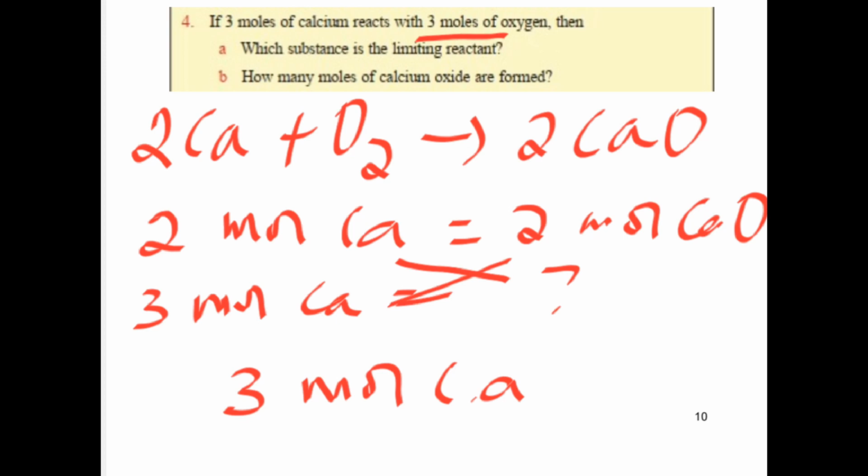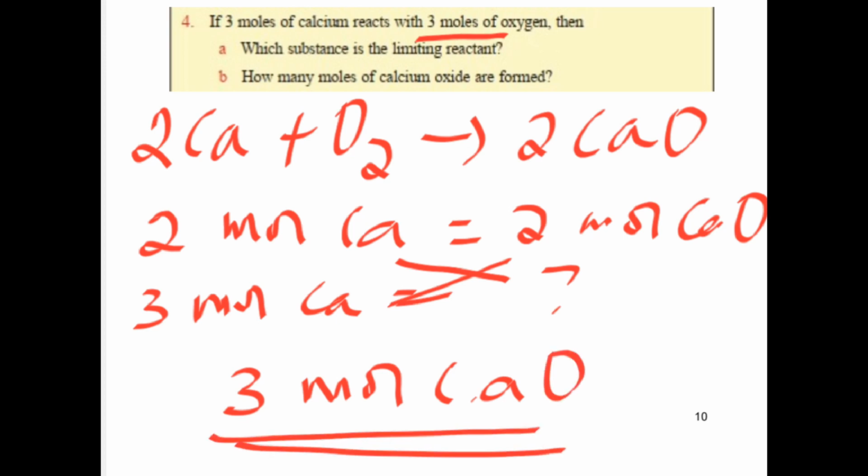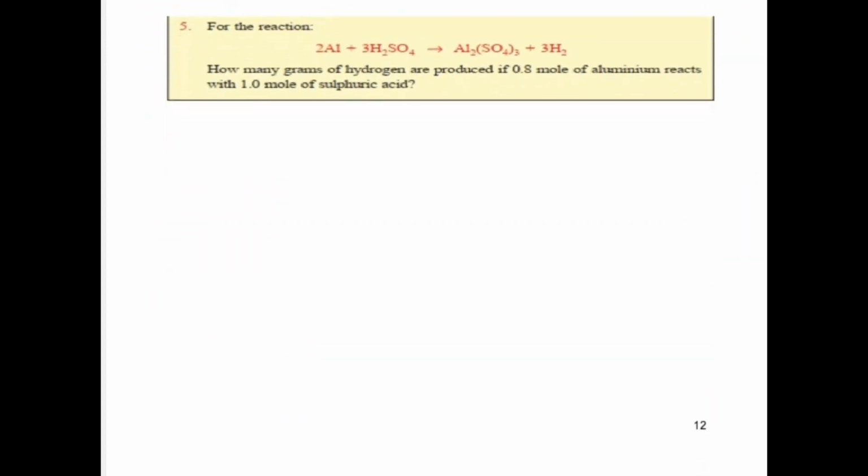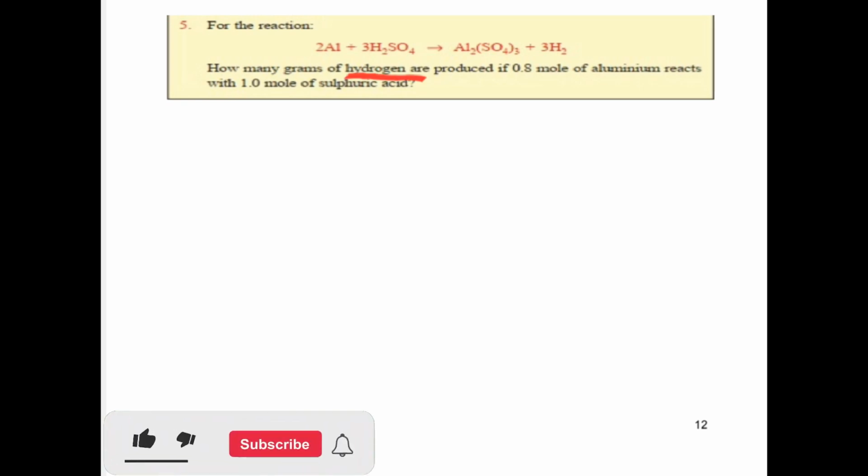Question number 5. For the reaction given below, how many grams of hydrogen are produced if 0.8 mole of aluminum reacts with 1 mole of sulfuric acid? So that ነገር ከተሰጠን limiting reactant የትኛው እንደሆነ አይደንቲፋይ ማድረግ አለብን። So from the balanced chemical equation, 2 moles of aluminum ከ3 ሞል ኦፍ ሰልፈሪክ አሲድ ጋር ሪአክት ያደርጋል